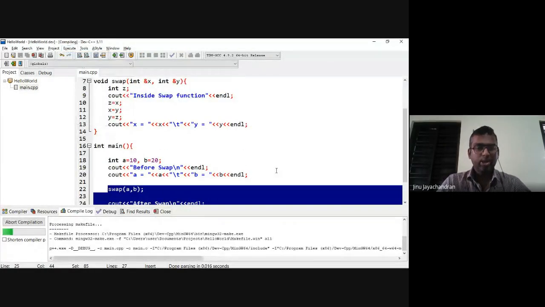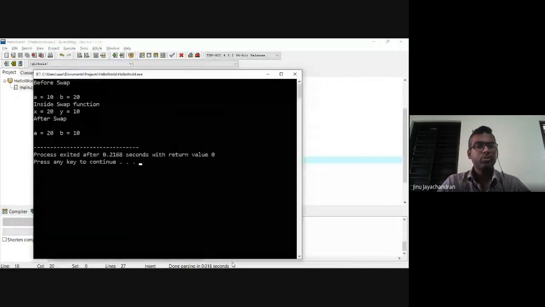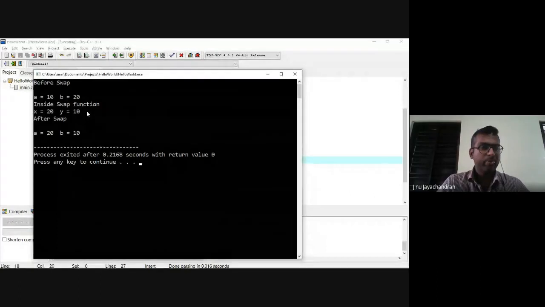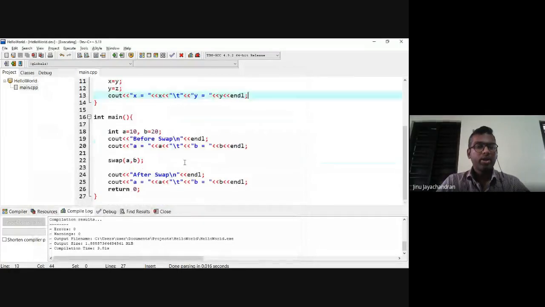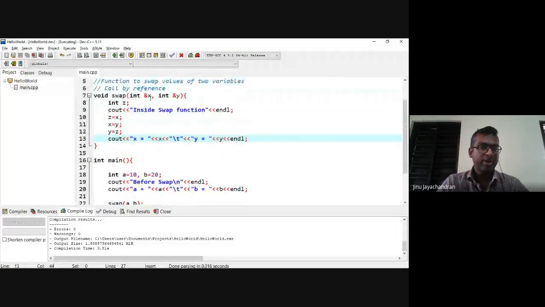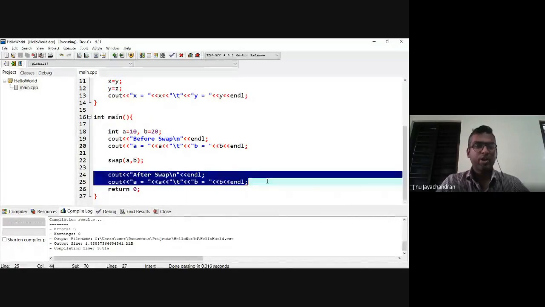So if I just compile and run, let's see what the output comes. You see that before swapping, a equals 10, b equals 20, inside the swap function it has already swapped, and after calling that swap function, the values of a and b have actually swapped. Previously, when we didn't have this ampersand sign inside the arguments, the values of a and b inside the main function remained as they were before the swap function was called.